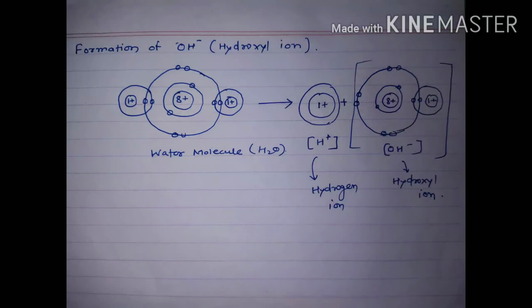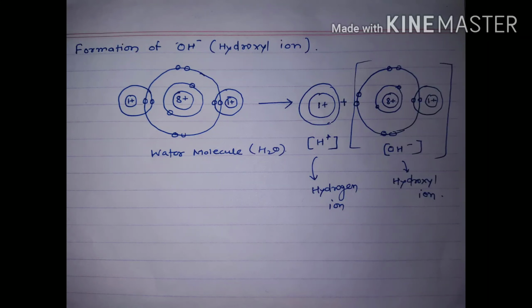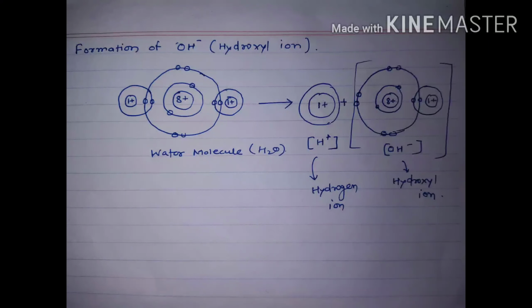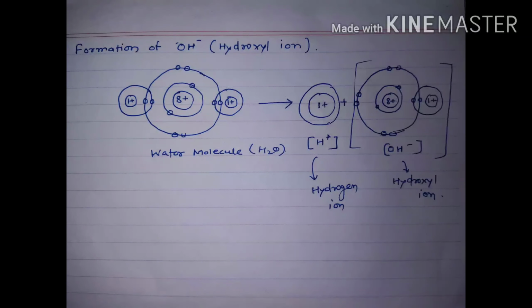One of the hydrogen atoms, in a water molecule there are two hydrogen atoms, gets separated from the water molecule. You can see that one hydrogen atom has got separated, leaving behind the shared electron. It already had its own electron, but it left it behind and got separated. Therefore the hydrogen ion formed by this process is called the H plus ion. It is not complete hydrogen, it is a hydrogen ion, because it has lost its electron. It does not have an electron now, it just has a proton, and therefore it has a positive charge.